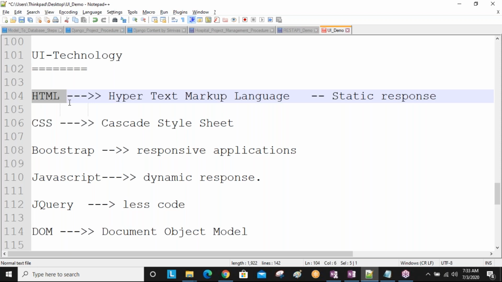HTML is for displaying the static response. Static response means, by using HTML, for example, you are displaying hello world. One program you are developing, that writes output like hello world. Today you are executing, you are getting hello world.